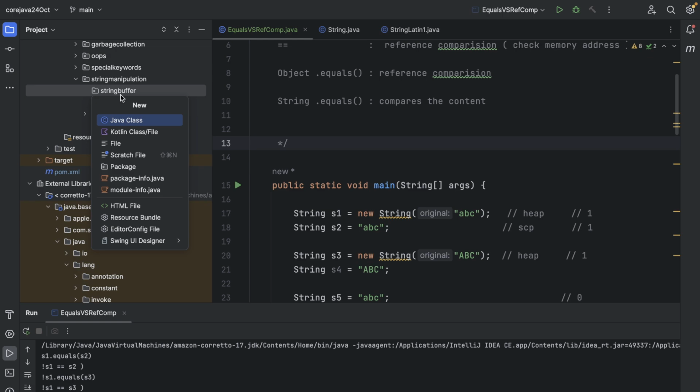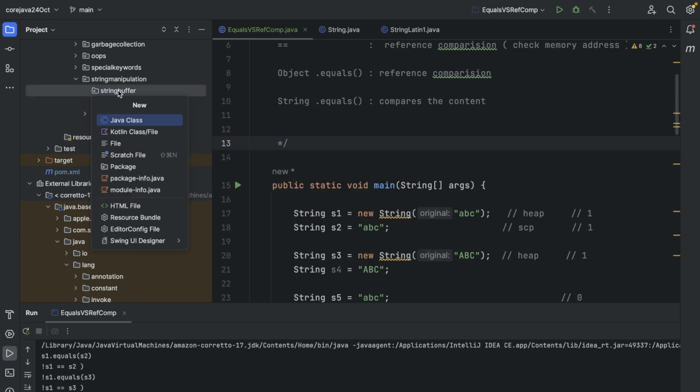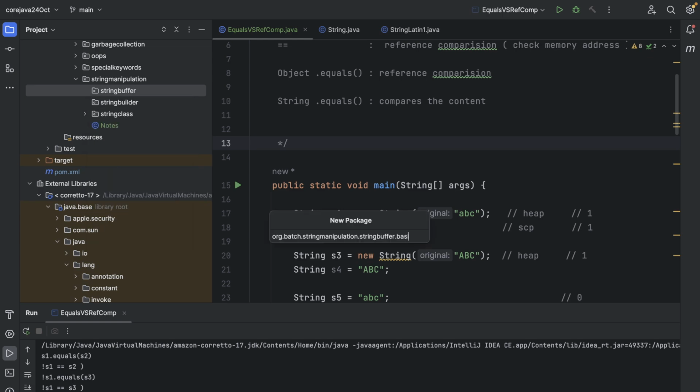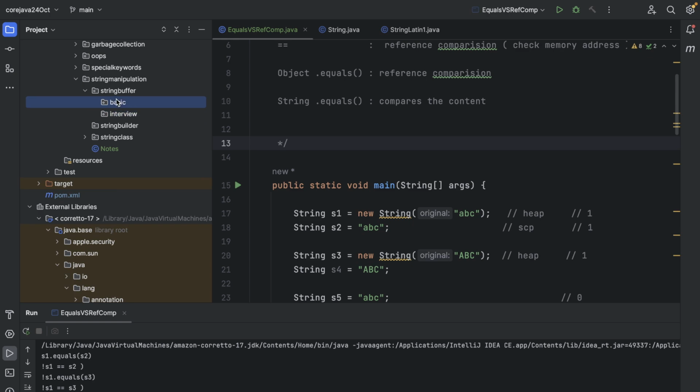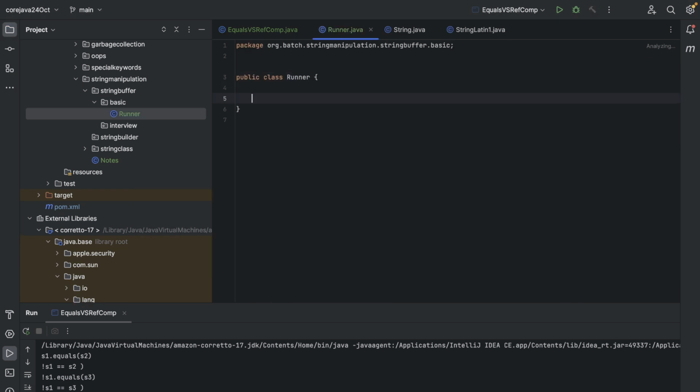So now in StringBuffer, I will have another document view. So the basics, what I'm going to cover is, I will just write the runner, and over here